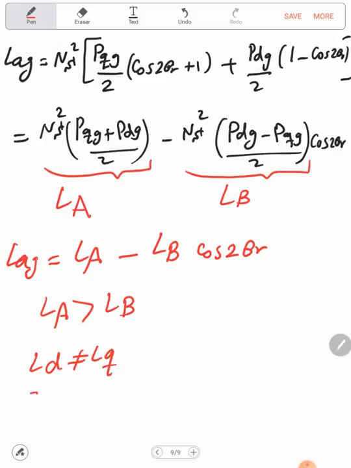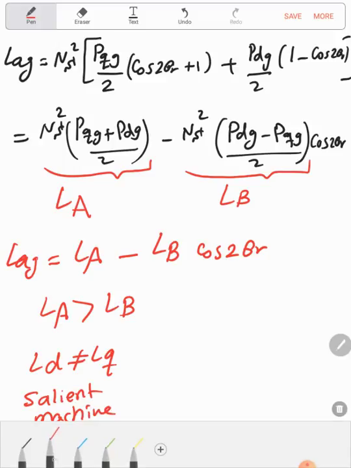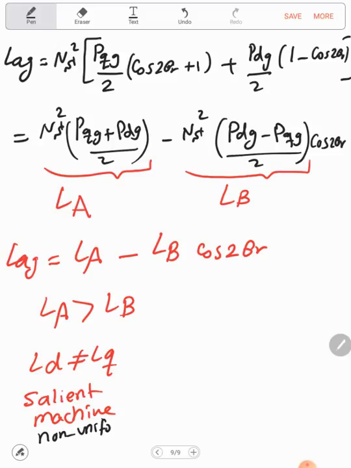So this is called a salient machine, or simply a non-uniform air gap. But for a cylindrical rotor,